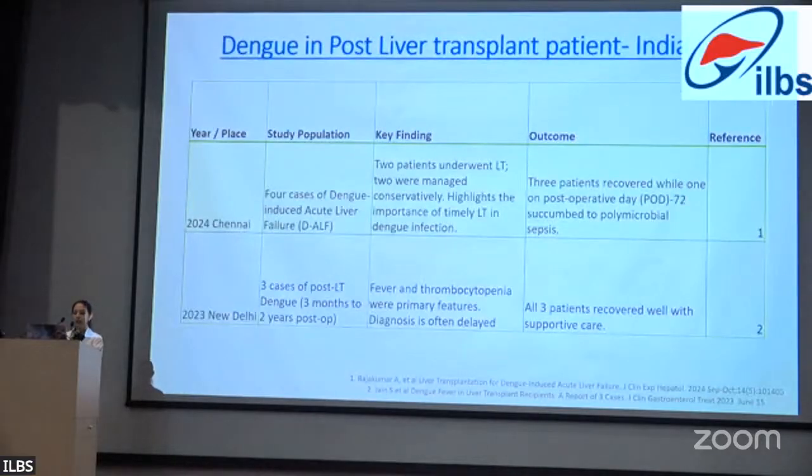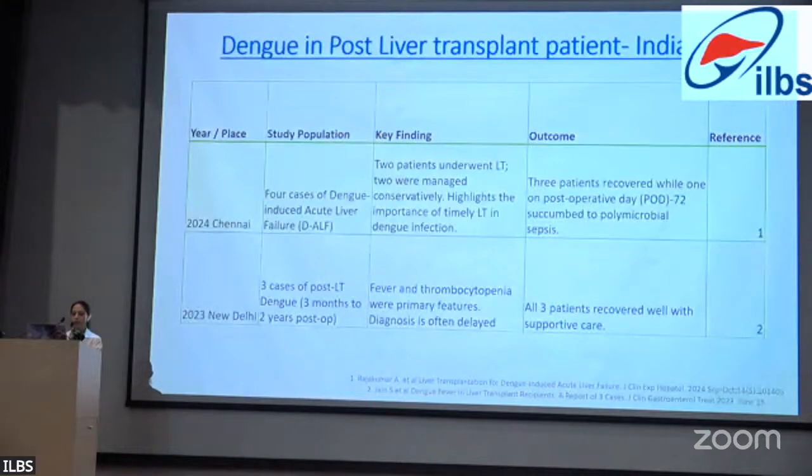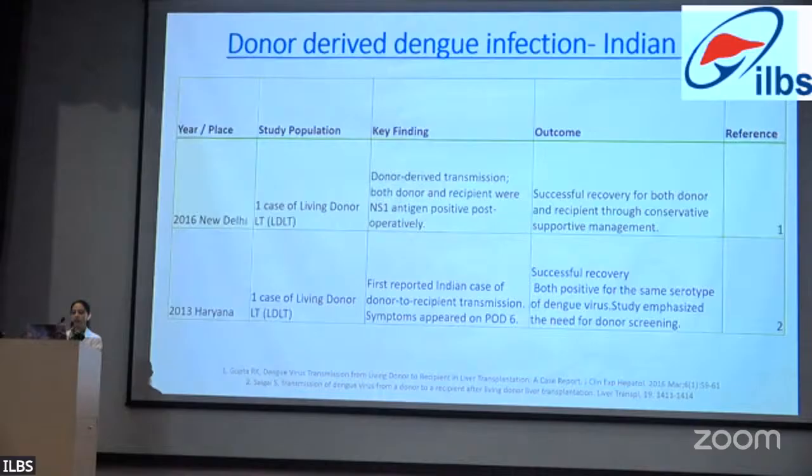In post-liver transplant patients, a case series from India describes the management of 4 cases of dengue ALF, 2 of which were managed conservatively, while the other 2 underwent liver transplant for dengue-related ALF. Another study conducted at New Delhi showed 3 cases of post-liver transplant dengue infection, in which fever and thrombocytopenia were the primary features. All 3 patients recovered well with supportive care. Donor-derived dengue infection was reported in 2 cases. A case of transmission of dengue virus from donor to recipient after liver transplantation: